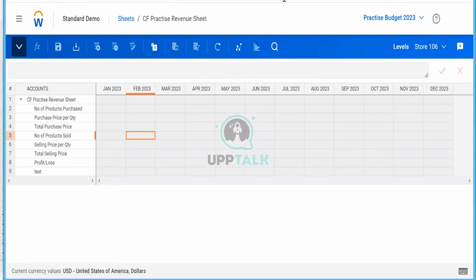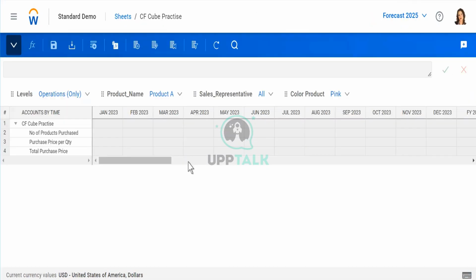Practice a cube sheet and the standard sheet. Today, our focus is on the model sheet, which is the third type of sheet that you can build in Adaptive. One is the standard sheet that you have already seen, and the second is the cube sheet, which is there on the screen. Now, why is the third sheet required? I want you to understand it by comparison with the cube sheet.